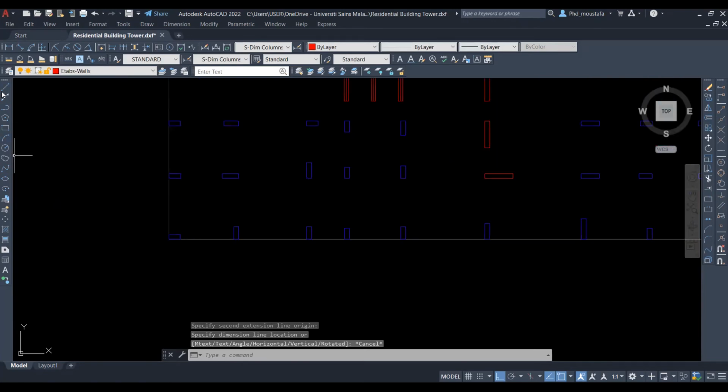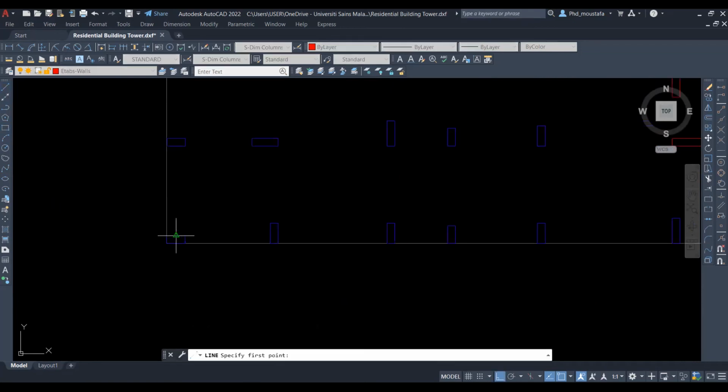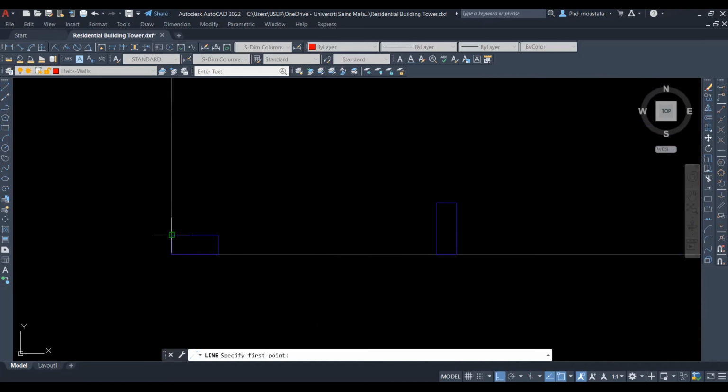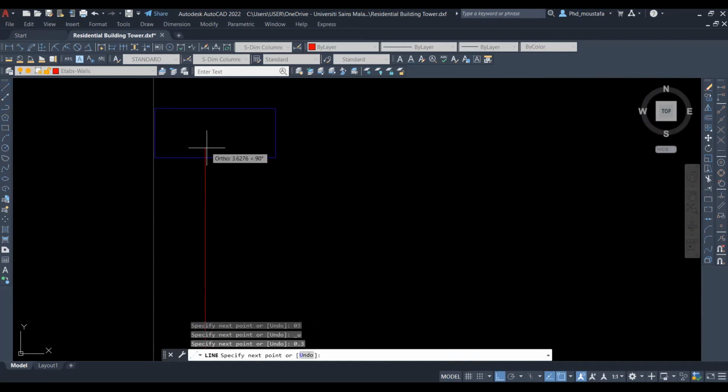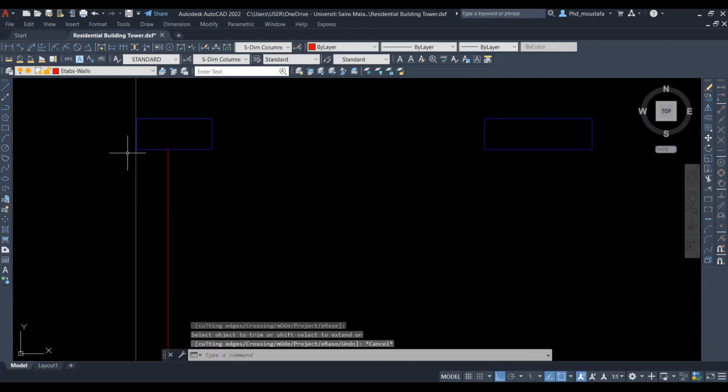So we'll take here 0.3, and go to here. Okay, go to here, trim, and you will have